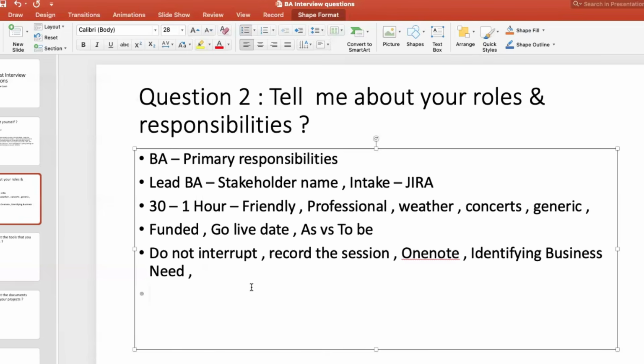When there are usually 4 to 5 different teams involved, then there will be a technical project manager who is responsible for scheduling all the calls. And your work is that you will join the calls and gather requirements for your team alone.